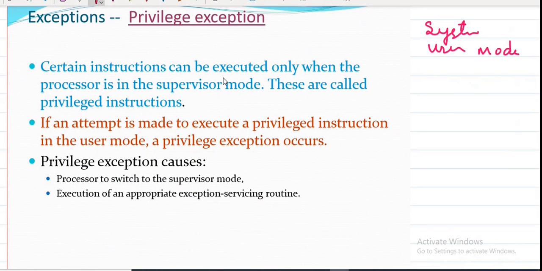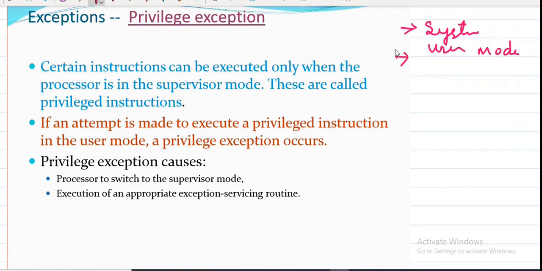Like, we have more privileges compared to you people. I can upload the files, I can do so many changes, but that is not permitted for the student. Similarly, compared to the admin, I have fewer privileges. Blocking and unblocking I cannot do; that can be taken care of by the admin. So the admin has more privileges. Like that, in the operating system, the system always runs in two modes: supervisor mode and user mode.